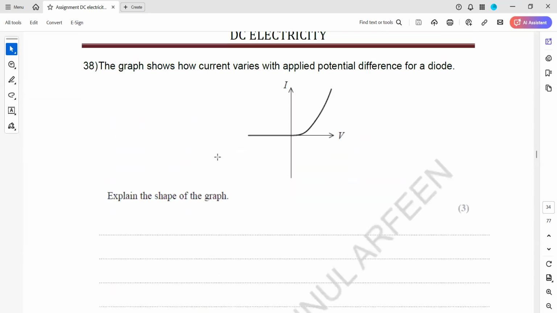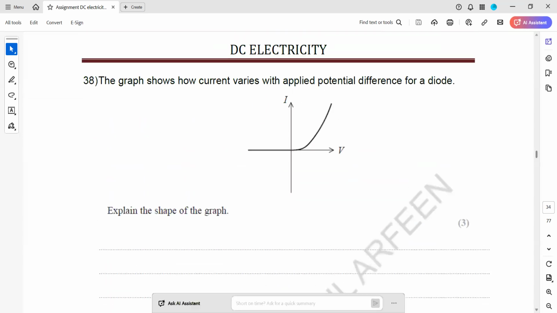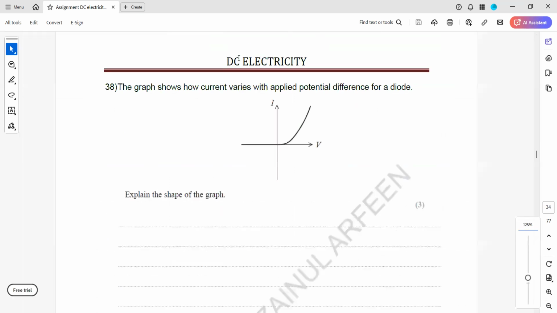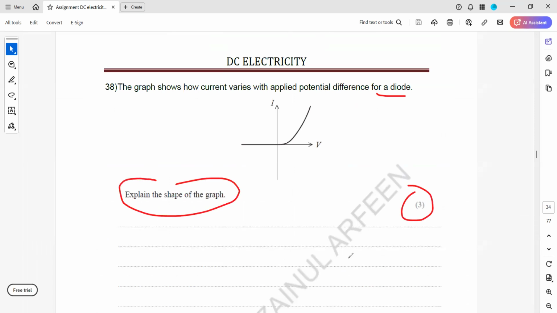The next question is just an explanation of a graph, the IV graph for the variation of current and potential difference for a diode. Explain the shape of the graph in 3 marks. So the structured answer you have to learn, especially for these IV graphs. I will read some points here. First thing you will mention,